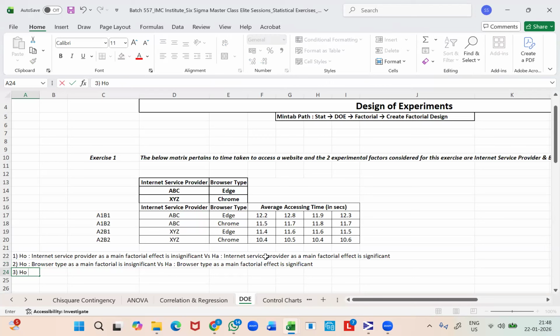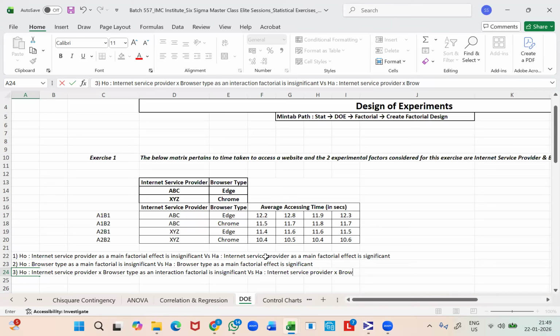H naught colon internet service provider into browser type as an interaction factorial effect is insignificant versus HA colon internet service provider into browser type as an interaction factorial effect is significant,